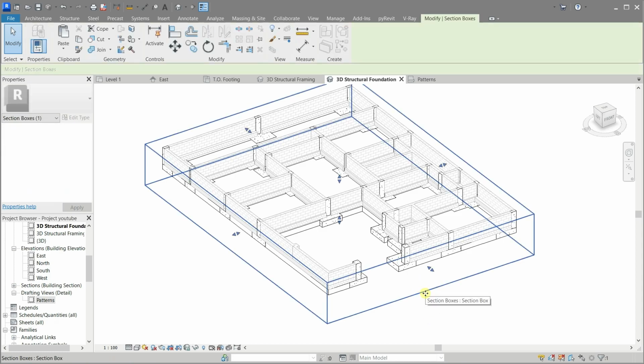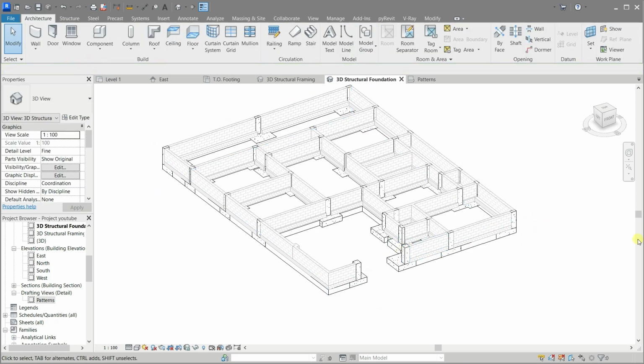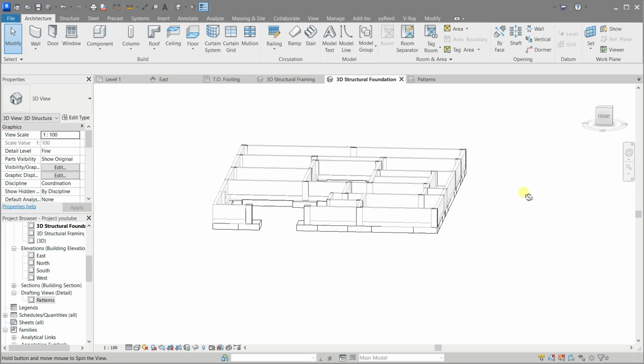Let's hide the section box in this view. Right-click and hide in the view elements. Now the view is more attractive.